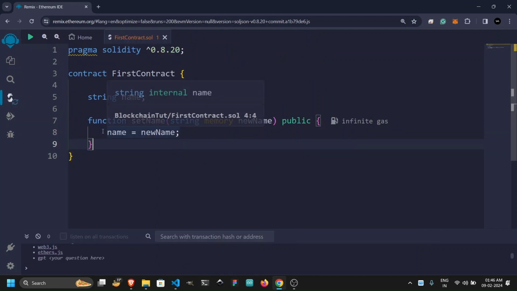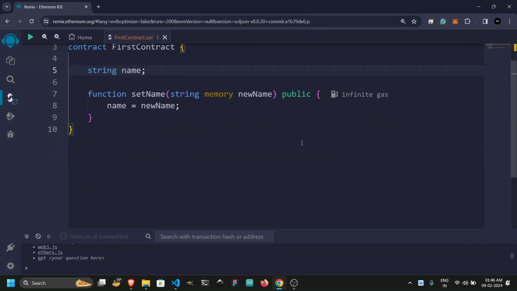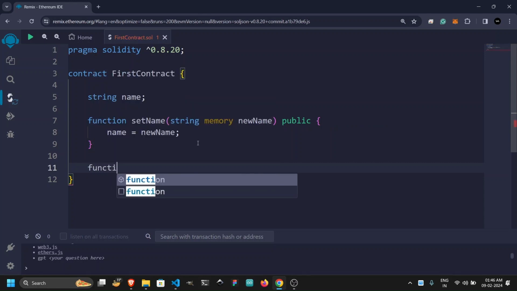This is our function which sets the new name value to our variable name, and our set name function is completed. Now we are going to write a function that returns the name to us. Just quickly write function get name, and we don't have to pass anything to this because we are just accessing the data from the smart contract,